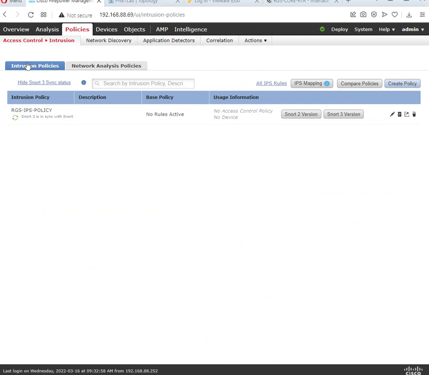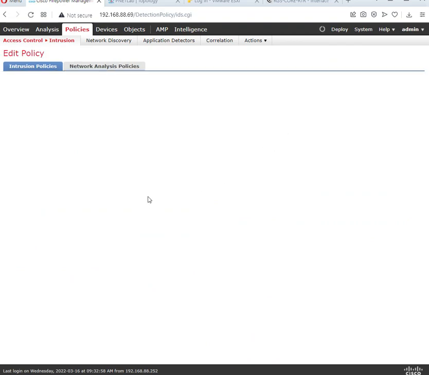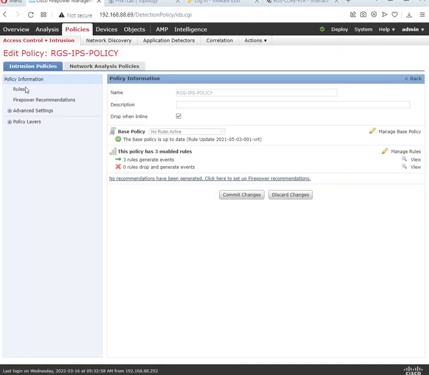In network analysis policy, you define the networks, you define the ports, you define some kind of traffic, your source, your network, operating systems, your network types. So all these are the analysis policies. Based on these analysis policies, further rules are applied, and the FTD can recommend the possible rules that you should apply on your network in order to take advantage of the IPS engine, or you can deploy your complete network